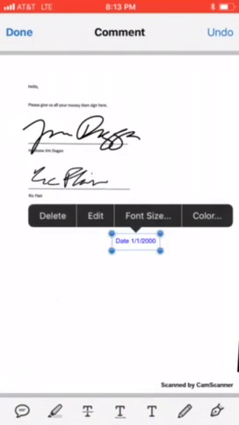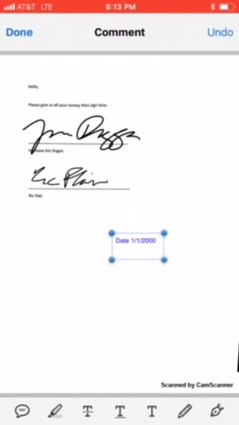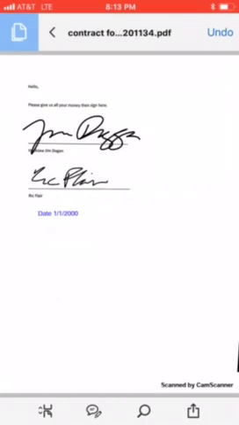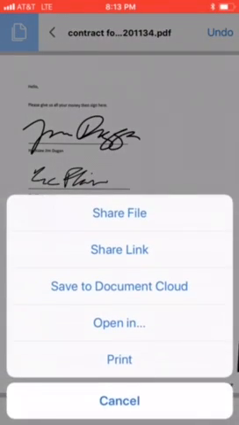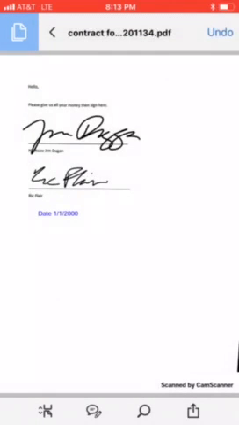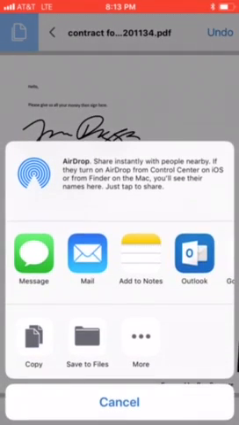You can edit it with font size and color, move the box around where you need to, and I'm done. So let's select Done. You'll see that all the changes are there. Now you can select the Send function, Share File, Share Flattened Copy, and you can send it with whatever